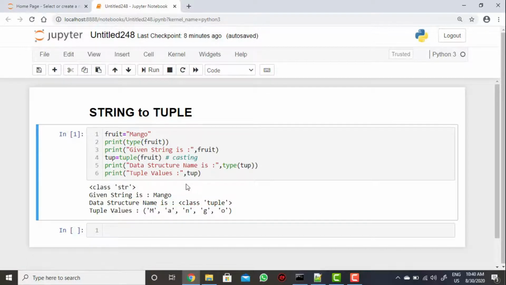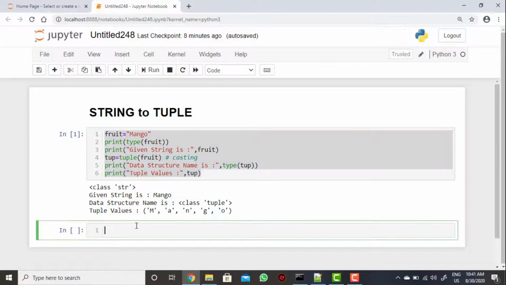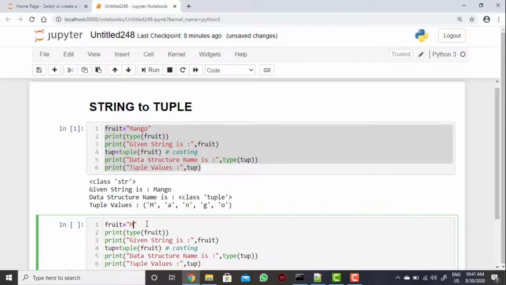So it displayed tuple data structure, and that is how we can create tuple data structure values from string values.